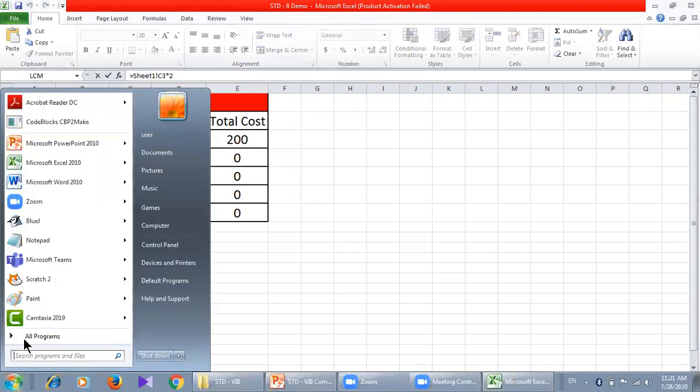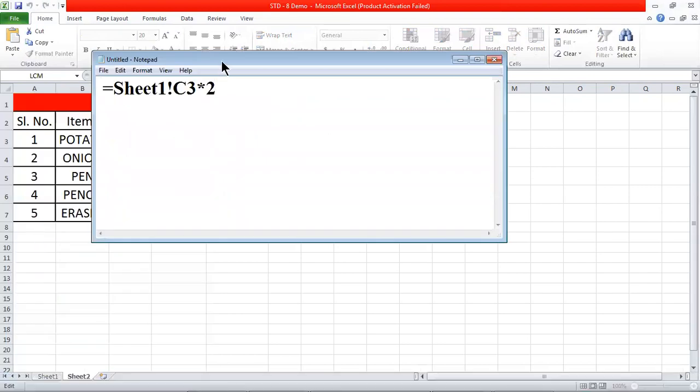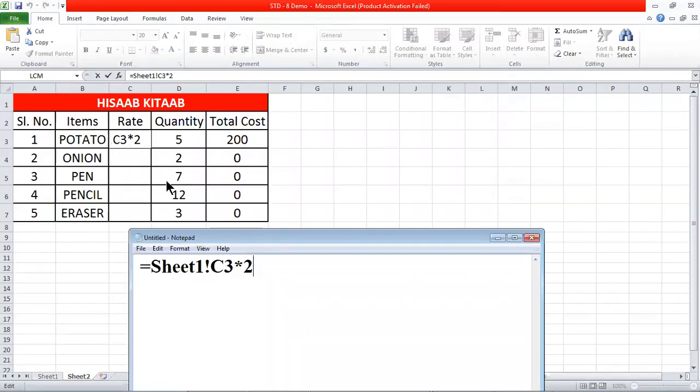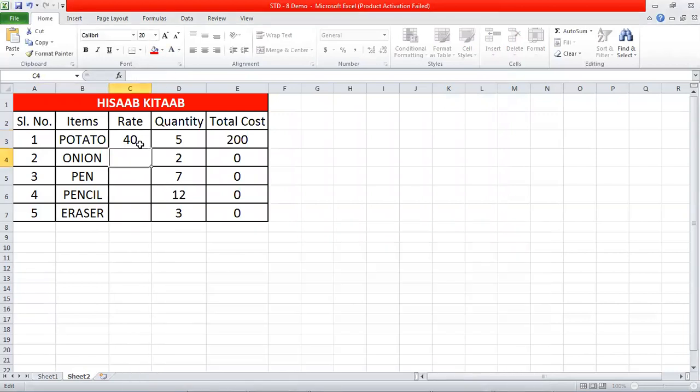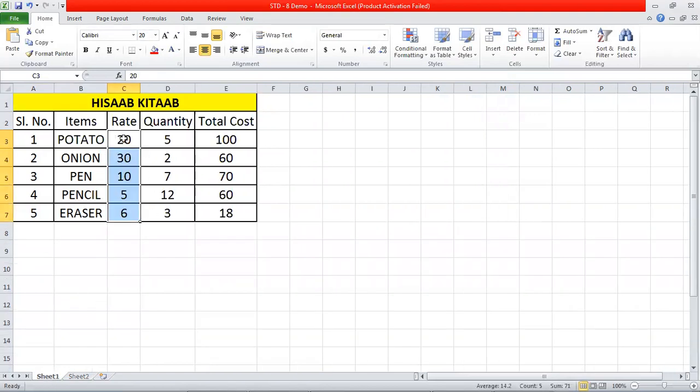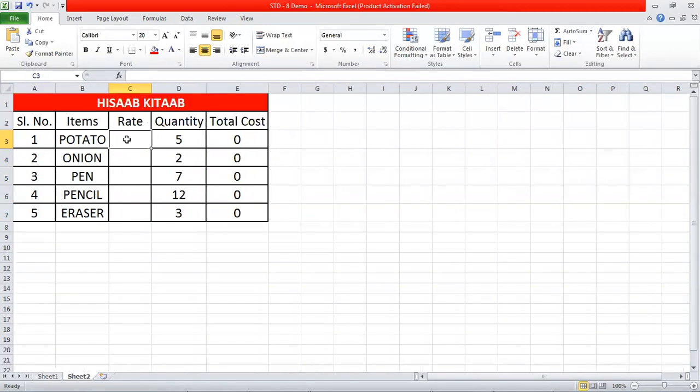Control C. Let me open Notepad and show it to you. Control V. Directly you can write this formula. Let me delete this and write it again. You can see in the first table the value 20 was there. I want just the double of this. So first of all, in which address is this value available? C3 address. And this whole table belongs to which sheet? Sheet 1. Now you want this particular value in this particular cell of sheet 2.